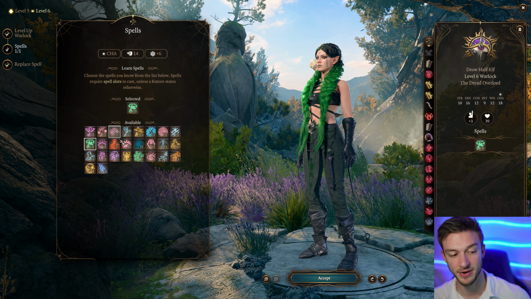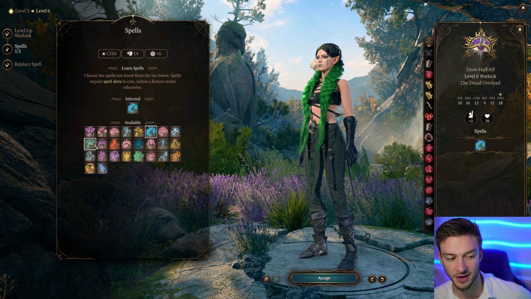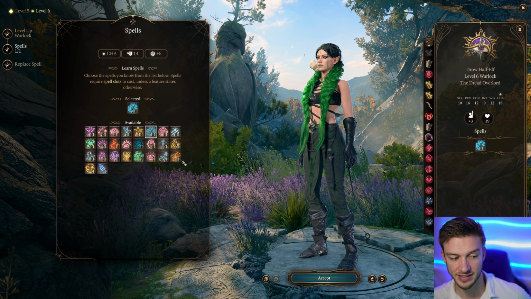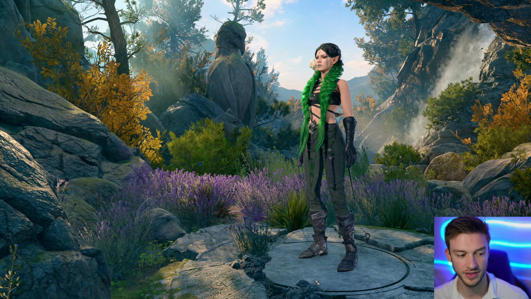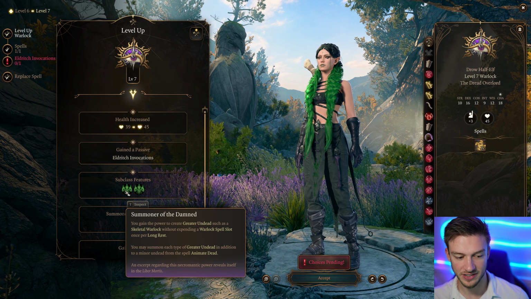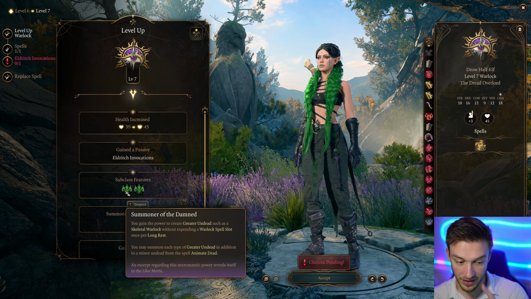Also getting the Vampiric Touch, or we can take Hunger of Hadar, but Vampiric Touch is another nice one. Fits alongside this build really well, and it can heal us, so that's another nice choice that you can go with. So at next level, we get ourselves the subclass features, using the power to create greater undead, such as